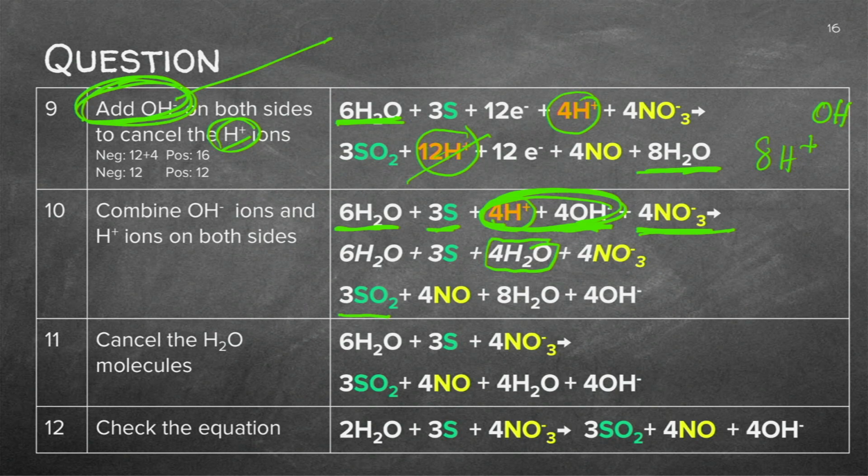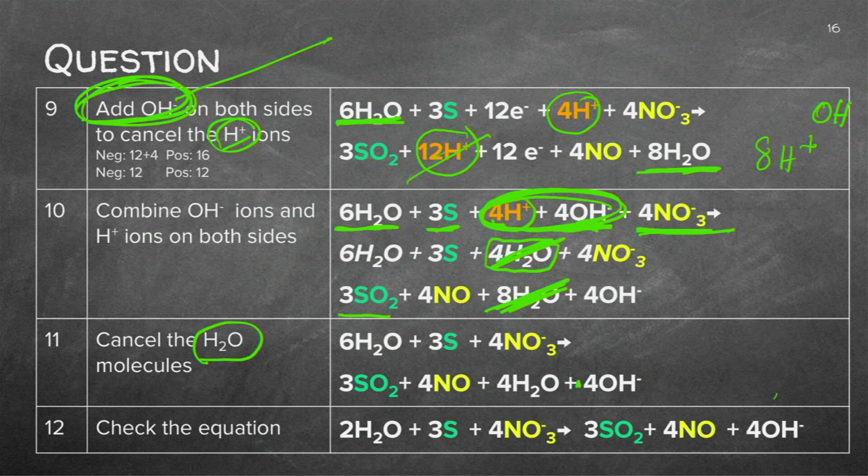So, now we can cancel all the waters because we had here 8 and here 4. So, I've got 4 in excess here. Remember, we had 8 there and 4. So, if I cancel that, I've got 0 there and I've got the 4 remaining here. So, let's have a look. What do I have now?